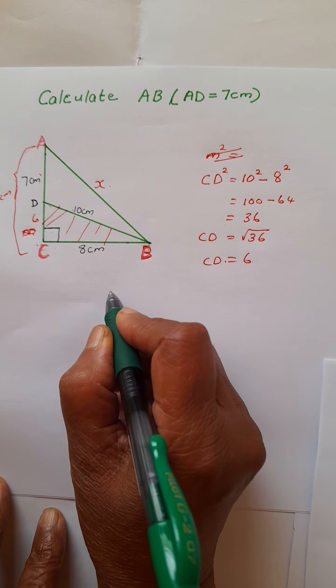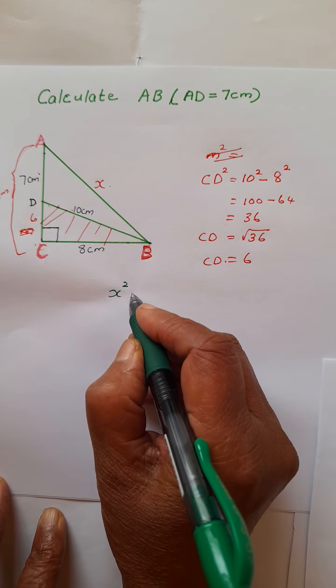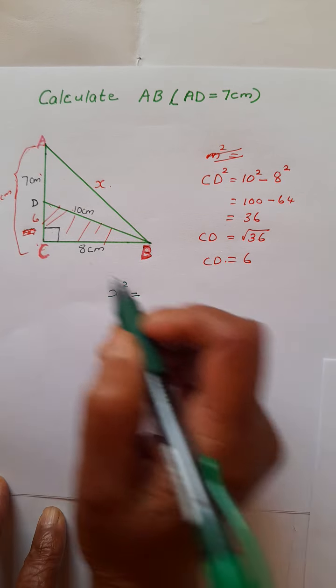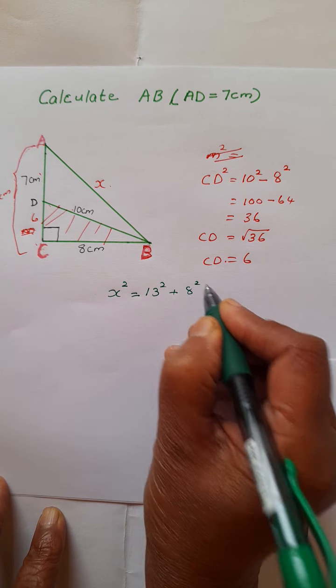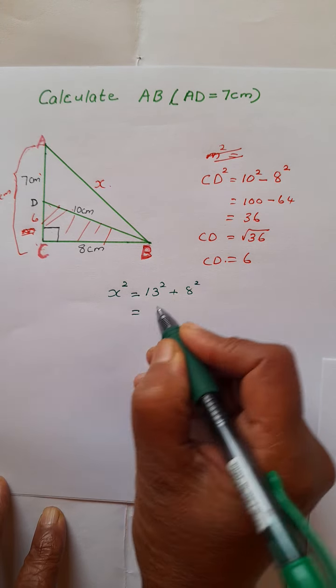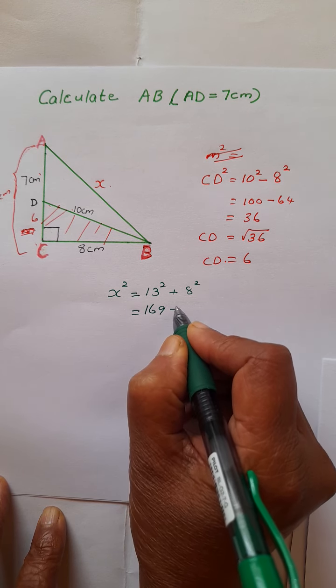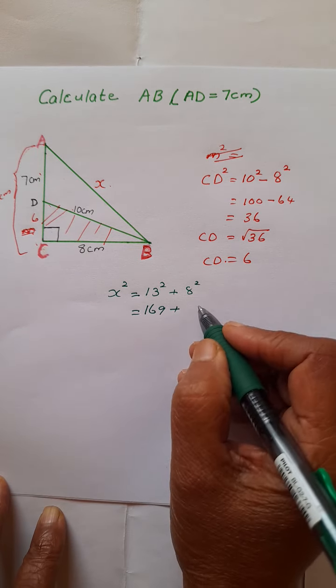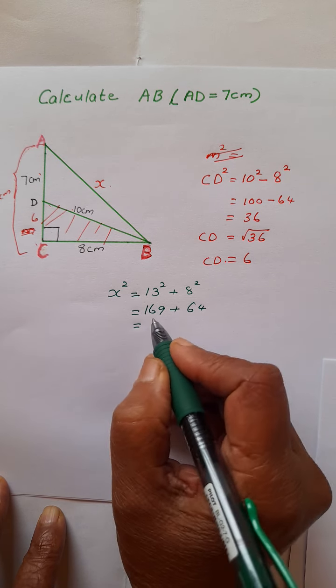This x is the hypotenuse, so x squared is equal to 13 squared plus 8 squared. That is equal to 13 squared is 169 plus 8 squared is 64. So when you add this, we will get